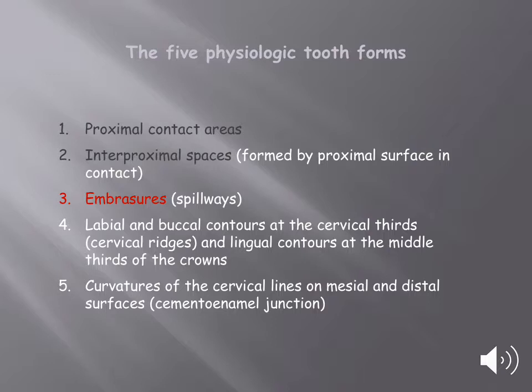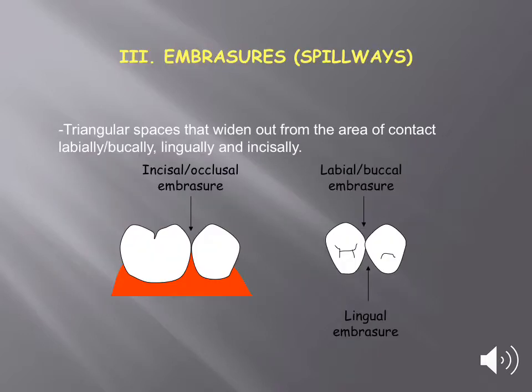The third physiologic tooth form is the embrasures, also known as spillways. I said earlier that the contact area, just cervical to it, creates a triangular space, and that space is filled with gingiva. We call that the interdental papilla, and we call that the interproximal space. However, that contact between two teeth creates three other triangular spaces, and we call those